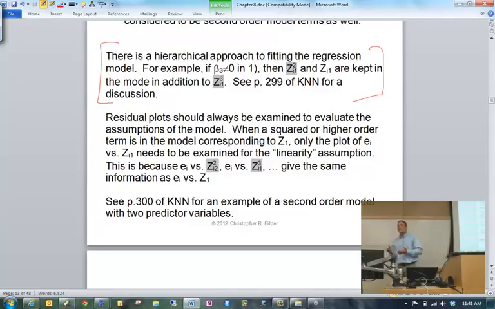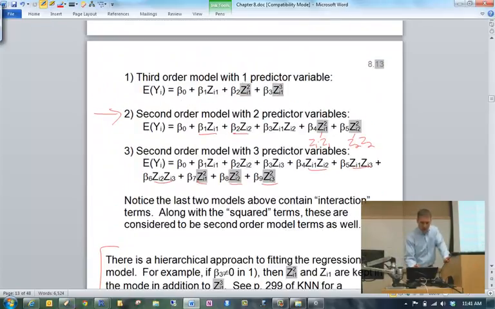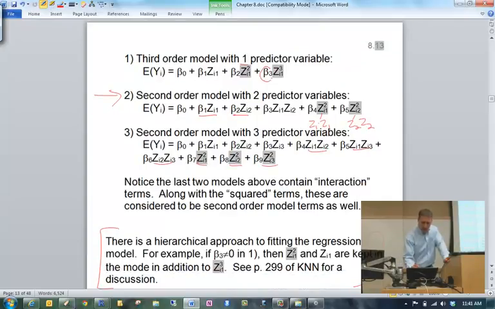Now, when we work with these kinds of models, there's a hierarchical approach that is almost always followed when fitting these regression models. And that means if we go back up here, this is now with model 1 where we only had one predictor variable. If beta 3, let's say, is not equal to 0, we will always leave the quadratic term and also the linear term in the model.